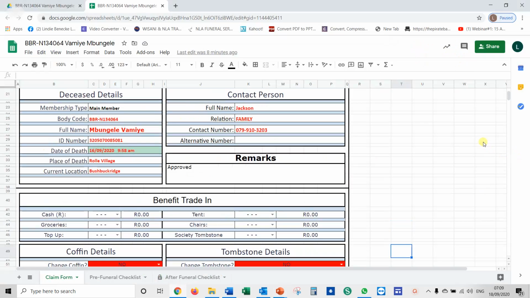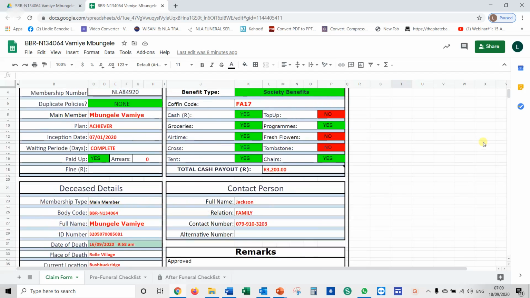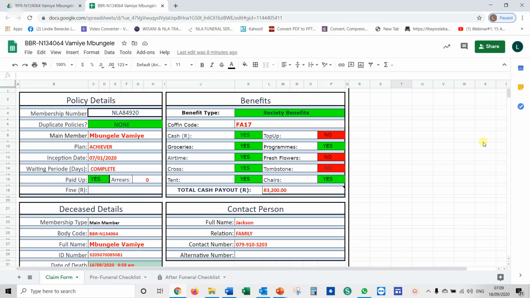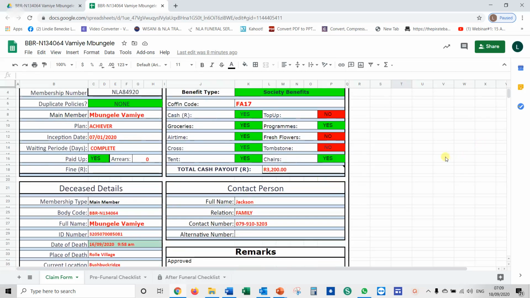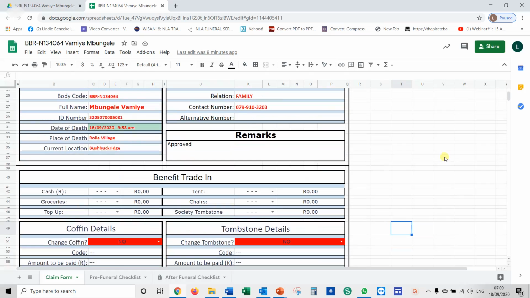This is the claim form I'm referring to. You should all by now be familiar with this form. So the top part is still exactly the same. The only section that has been added to the claim form is this benefit trade-in section. Now this has been brought in where when you sit with a family in front of you and they decide that they want to trade in their cash, for example, for an upgrade to a casket, you need to indicate